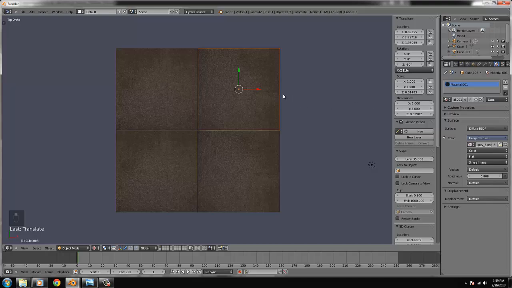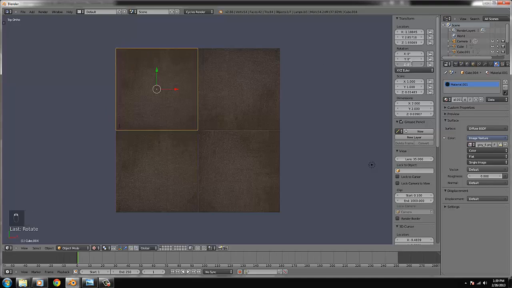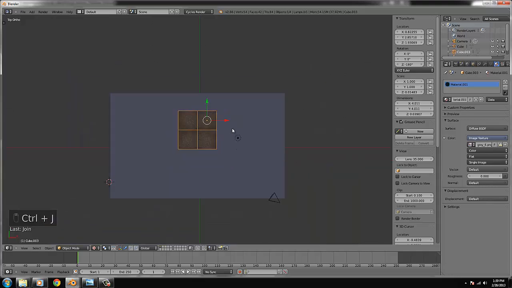So this needs to be minus 180, and for this one this needs to be 90. Yes, 90. Yes, so we have 4 different tiles,